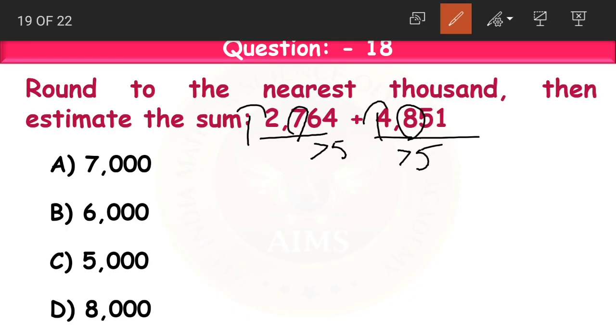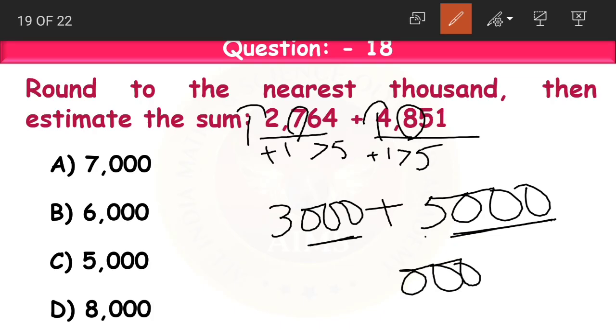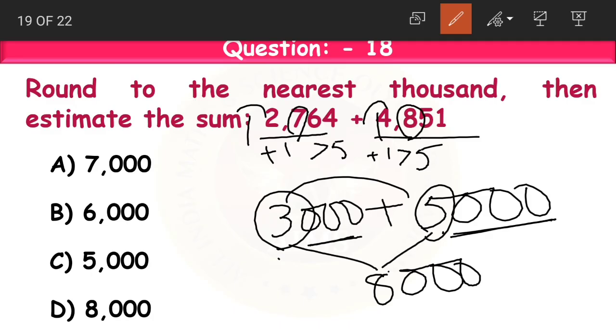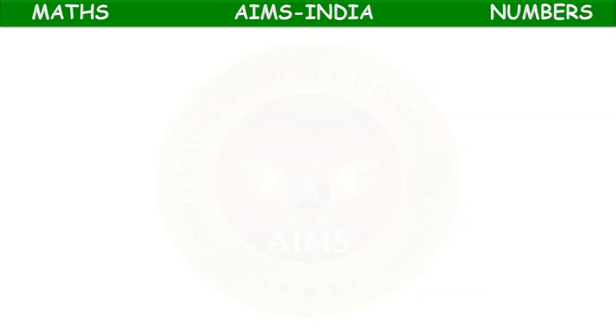So we'll round them up. Both of them will be rounded up. That is, add 1. It becomes 3000 and this becomes 5000. Now when we add these two, how can we add? We are having 3 zeros in both the numbers, right? So the sum will also have 3 zeros. And before these zeros, we are having 3 and 5. So 3 plus 5 becomes 8. We write this 8 before the zeros. Yes, students? So the correct answer is option D, 8000. I hope this was clear.